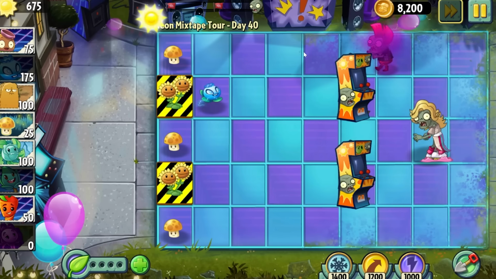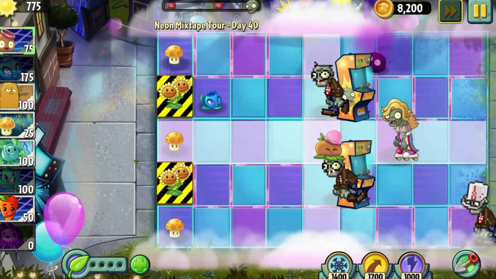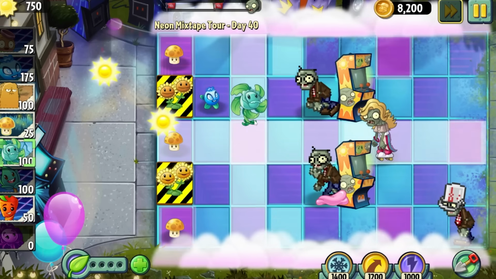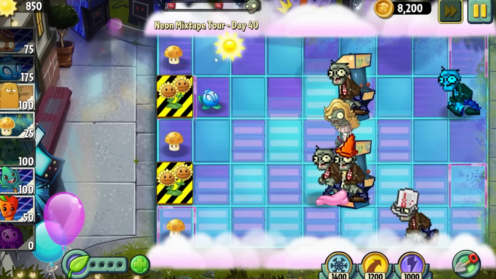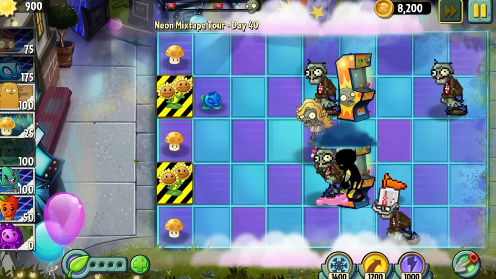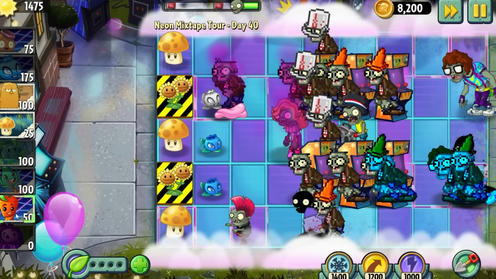Day 40 is a fantastic level that makes near perfect use of the arcade zombies. The level has 2 endangered plants with 2 arcade machines in those lanes. As the level progresses, the video game jam spawns 8-bit zombies from the arcade machines, threatening the plants in those lanes. However, you eventually realize that an even bigger threat is the arcade zombies crushing the endangered